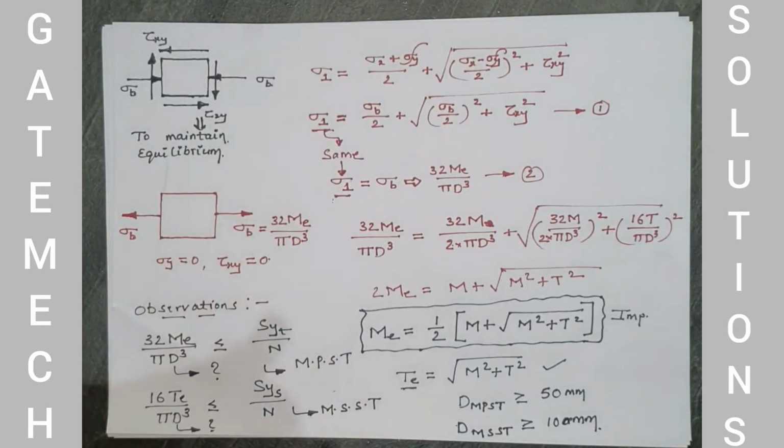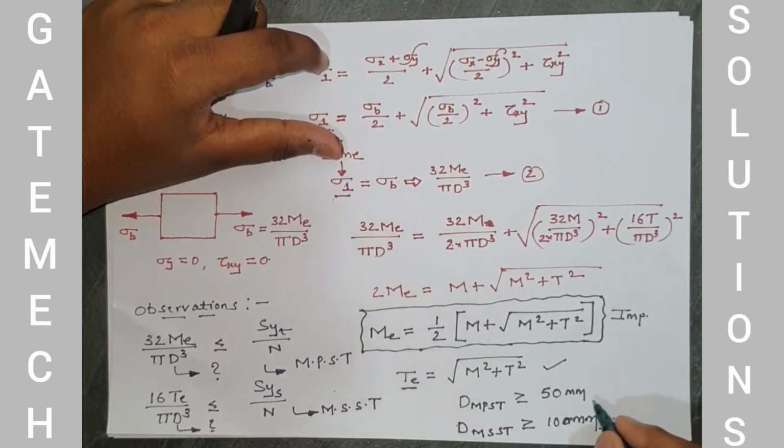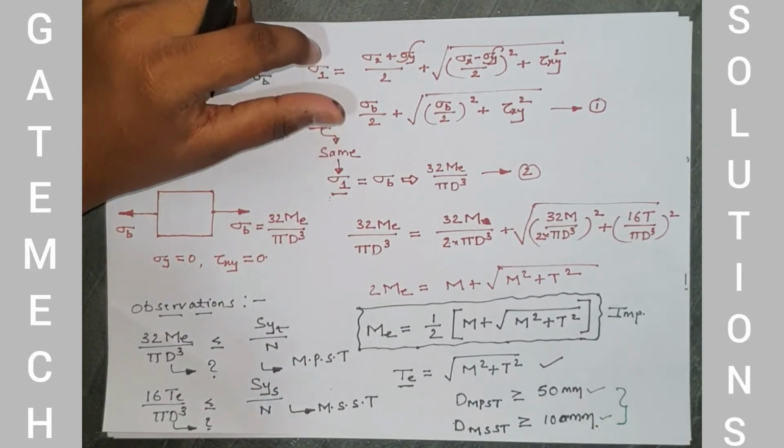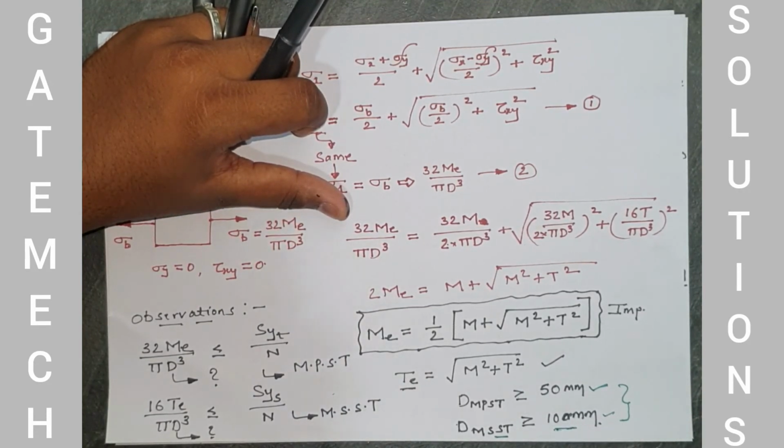Now, what should be the safe diameter of the shaft? Most of the people will take it as 100. Some people can take it as 50. But which one is correct? If you take 50 as your diameter, then according to MSST the shaft is going to fail because of shear failure. According to shear, if you take 100 millimeter, that is a safe condition. According to bending, if you take 50 millimeter, that should be a safe condition.